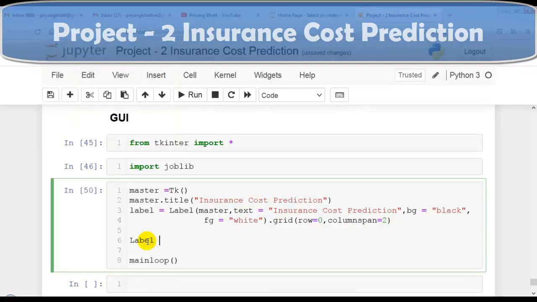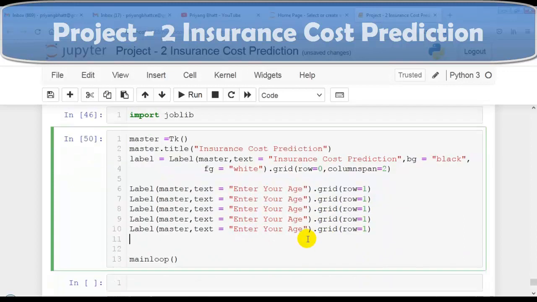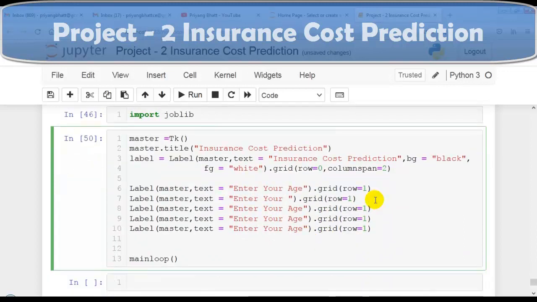So now let's create labels for our features. Let me write enter your age and put it into the grid at row number 1, because the title label is at row number 0. To save our recording time, let me copy and paste it over here. As per our number of features, first enter your age, then we have to ask male or female. For that, the user has to enter 1 or 0.